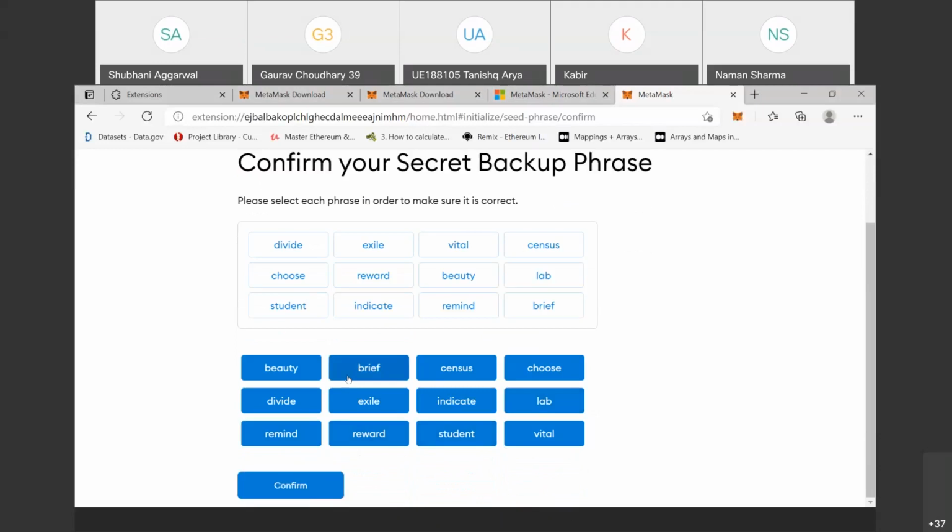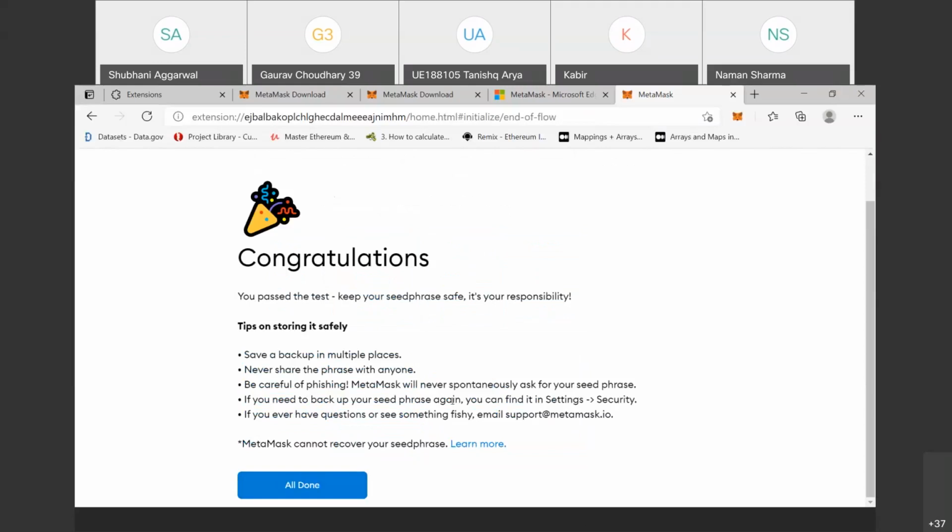It should be in order, so make sure it is correct. Make sure: divide, exile, vital, census, choose, reward, beauty, lab, student, indicate, remind, brief. Then confirm. So here all is done.